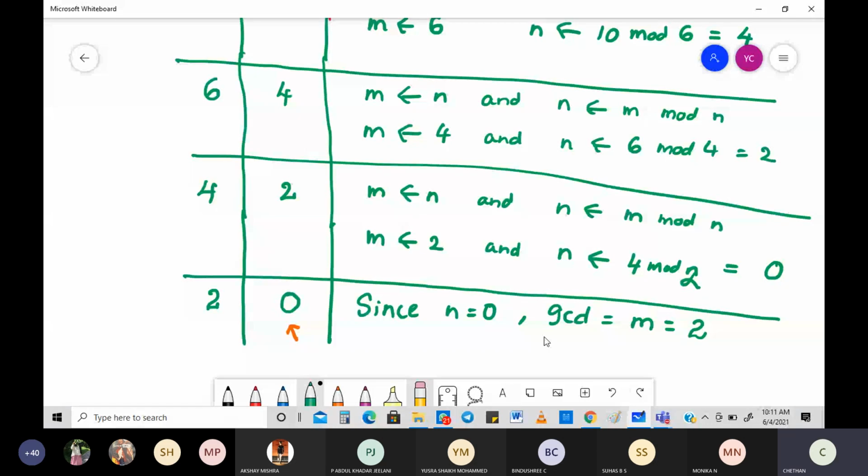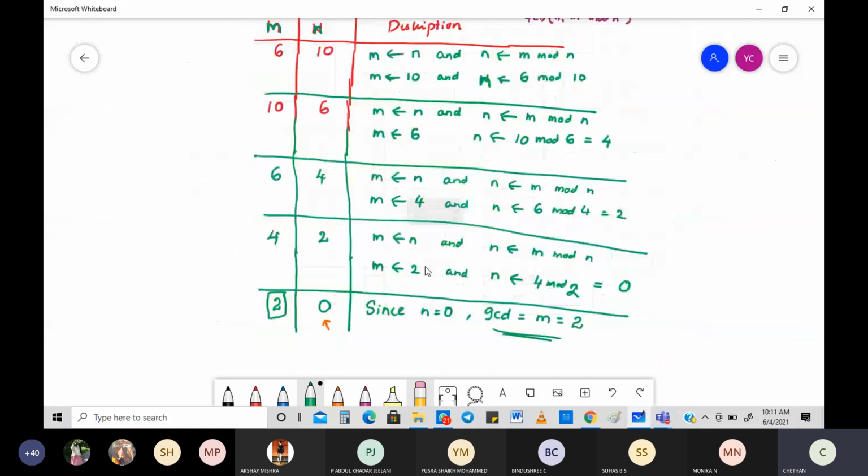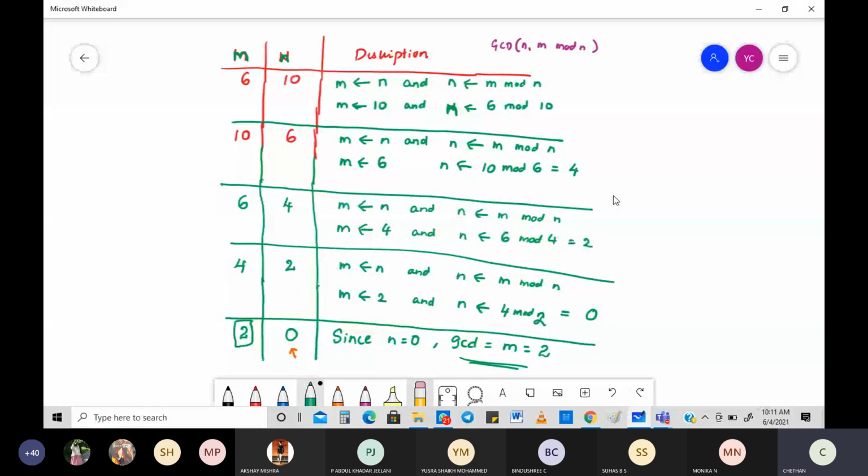So you can go and figure out, what is the GCD of 6 and 10? What is the greatest common divisor for 6 and 10? It is 2. Is there any other number? No. Probably if you take 6 and 12, then there is 3. But here, it's only 2. So you got the GCD. Number 1, our first strategy of finding the correct GCD is all done.